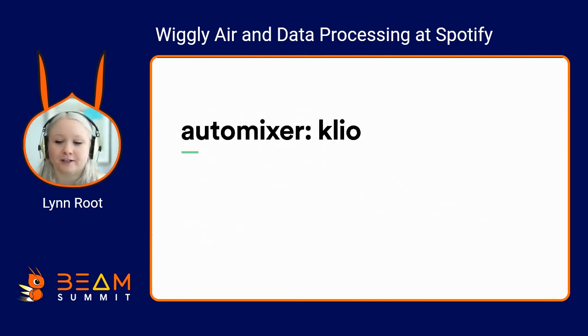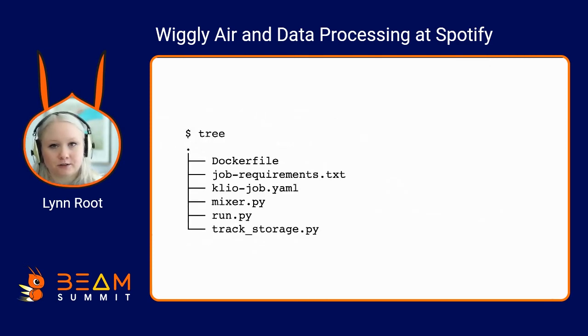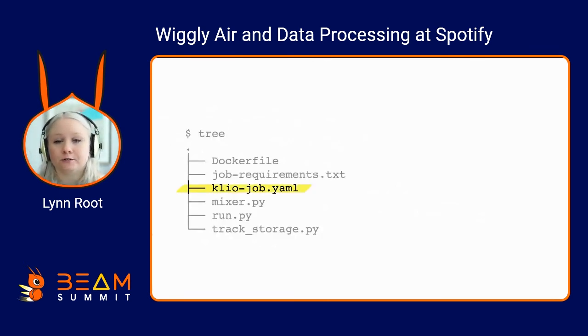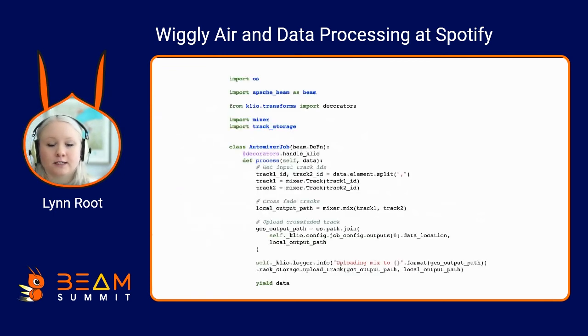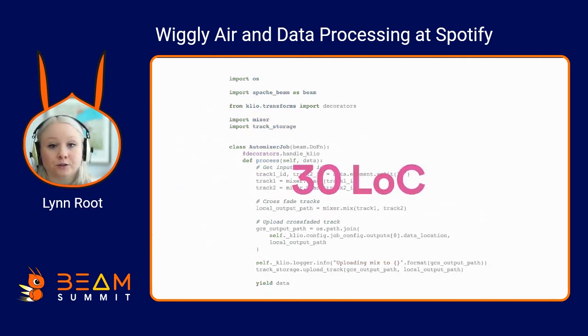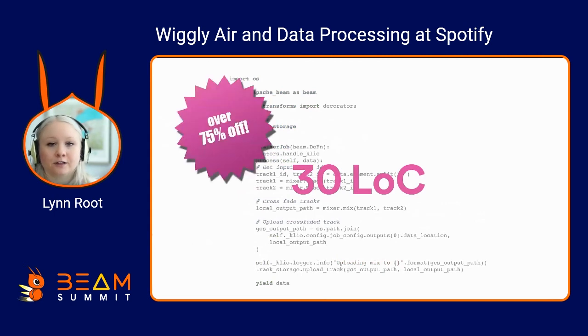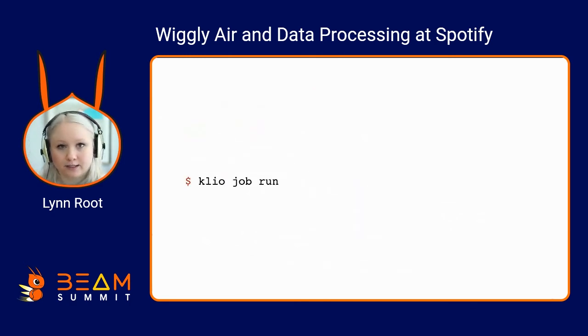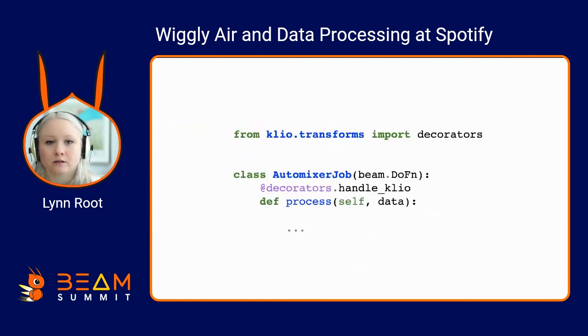So now we're going to Klio-ify it. There's not much difference in the anatomy of the job when looking at the directory structure. We do have a new file, one that contains pipeline configuration. And then if we take a look at this run.py, you can see that it's a lot smaller. It's actually only 30 lines of code. And this is where Klio essentially abstracts away any boilerplate code and configuration for the user. As well, it is a lot simpler to run. No need to worry about different Python environments or remembering all those Docker flags. If we take a